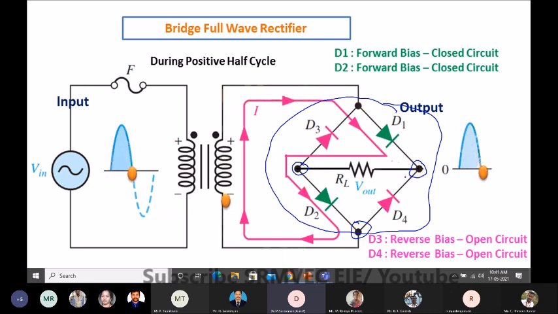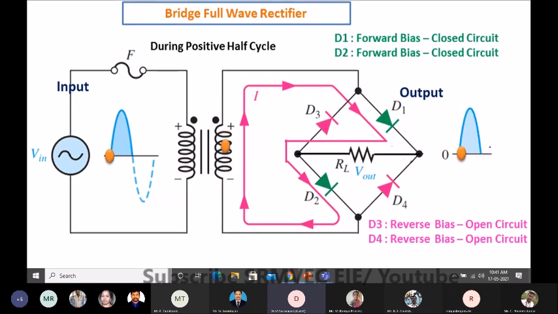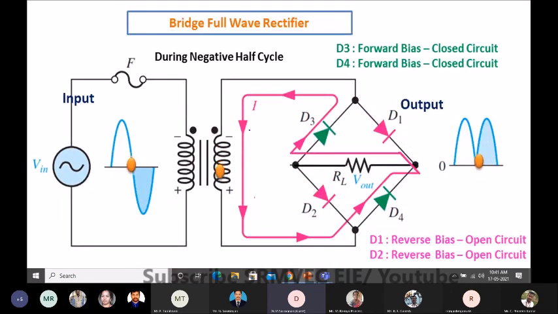If you make a change in this arrangement, you cannot get the correct output. Now the flow in the positive half cycle: you can see the positive starts from here and moves through this, positive, negative, through the load resistor, positive, negative, and completes the loop, and thus you have your positive half cycle. In the negative half cycle we have the opposite way. We can follow from the top side or the bottom. The bottom is positive, so from there this is positive, negative, through the load resistor, positive, negative, and completes the loop.